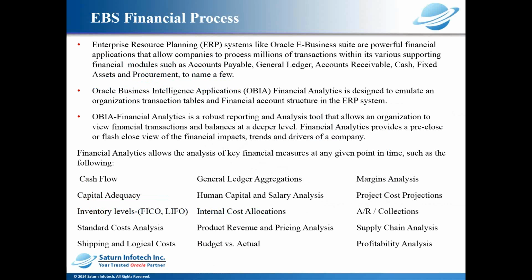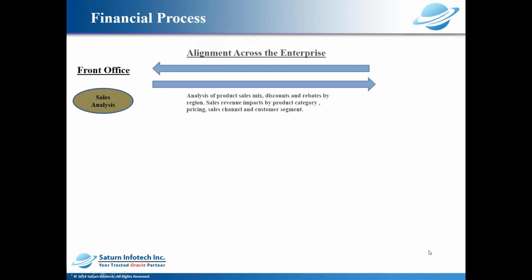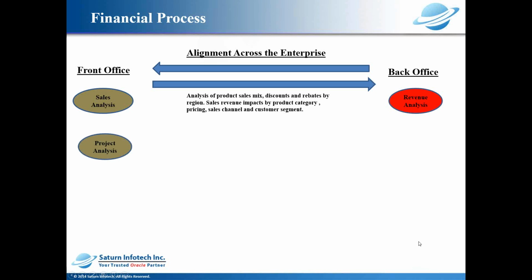As we move to our next slide, really what I want to look at here is the financial process. The financial process is the main theme of what brings us all together. It's moving your enterprise front office into the back office, your customer facing into your back office financial reporting. As you record your sales with your customers, through OBIA and financial analytics, you're basically able to measure things such as sales mix, discounts, rebates by region, sales revenue that impacts product categories, pricing, sales channel, and customer